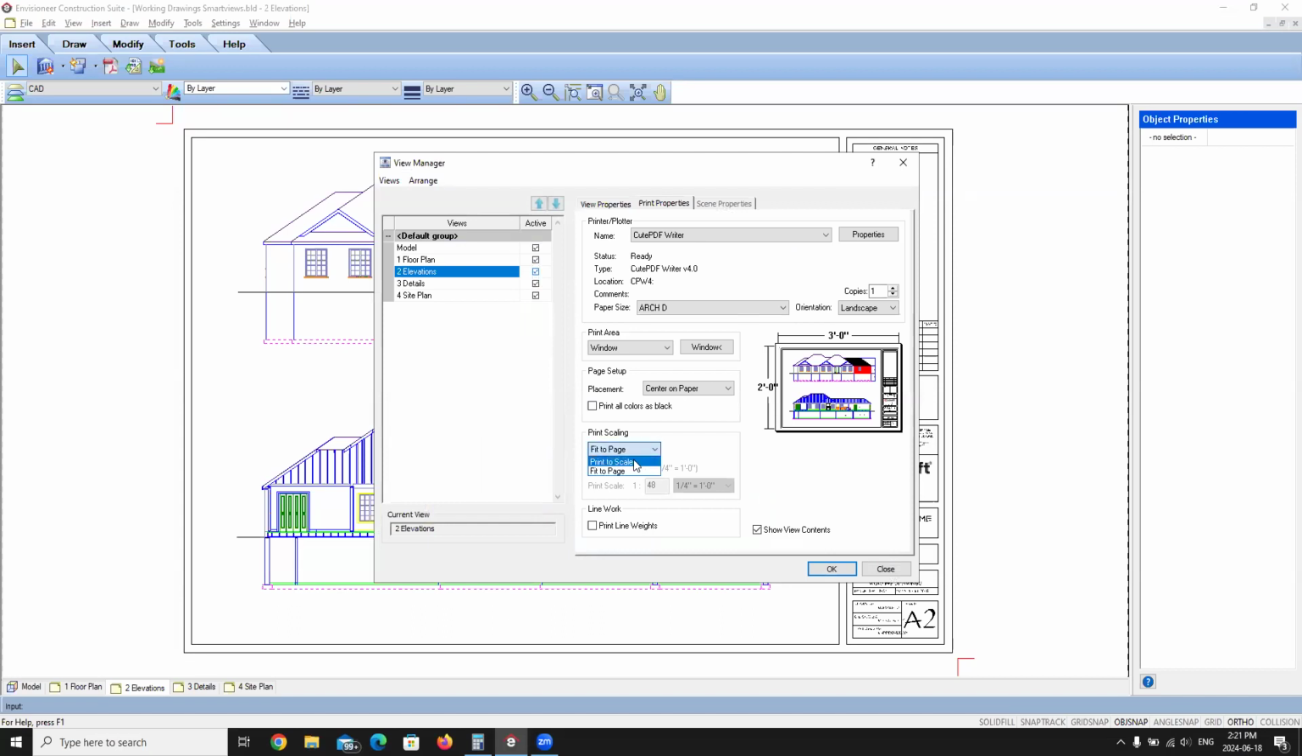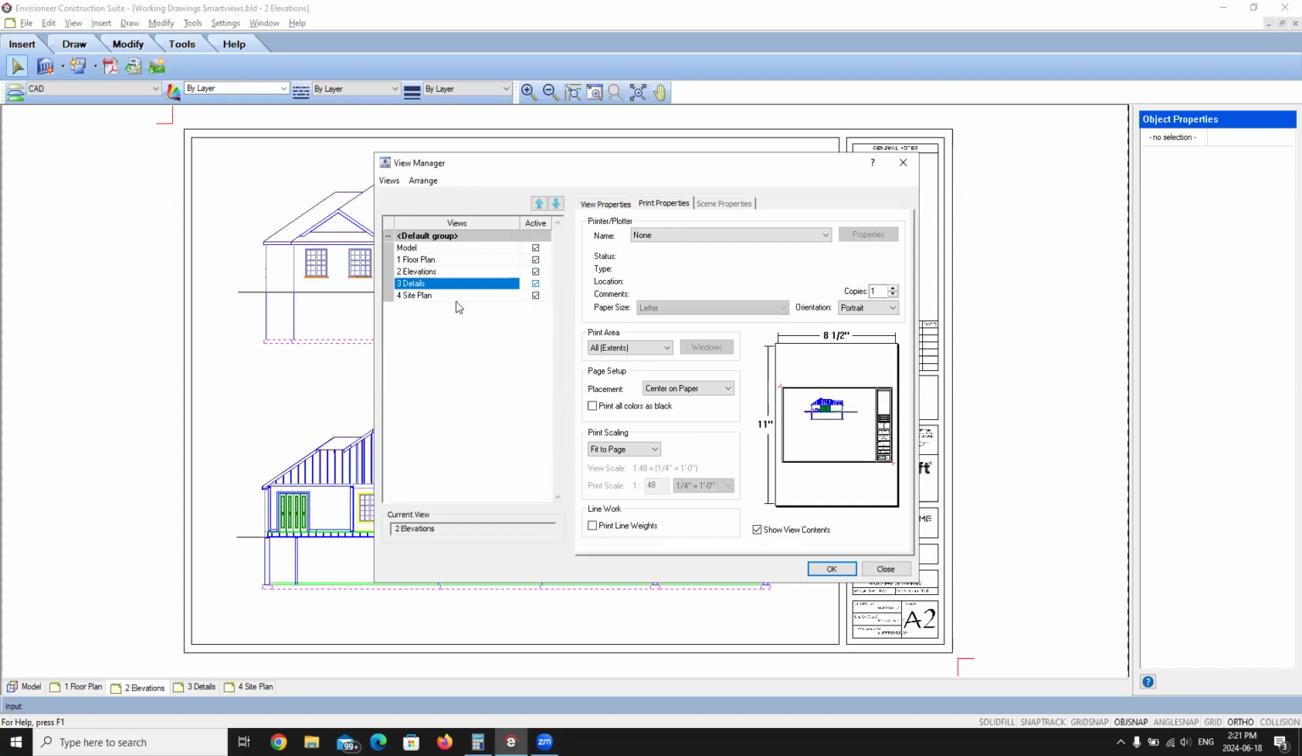And then we're going to make sure again that this is print to scale, and we're going to make sure that the line weights are turned on. And you're going to do that for all of the sheets when you're doing this. Now, to save yourself time, if you are in the practice of using templates, you can set up your template